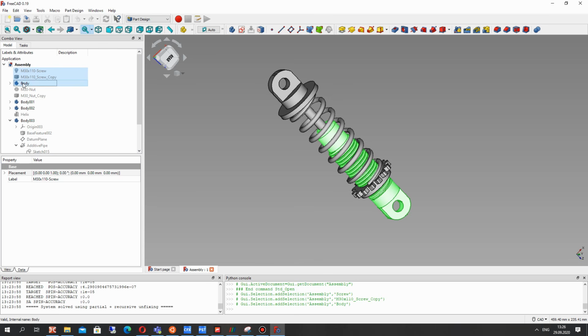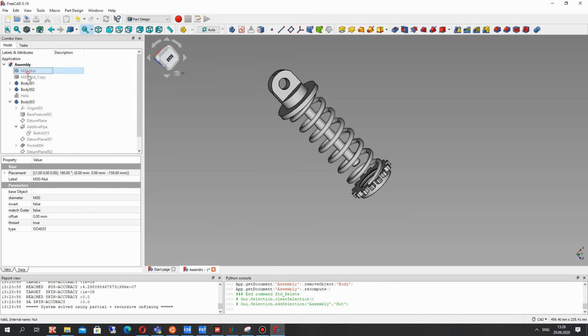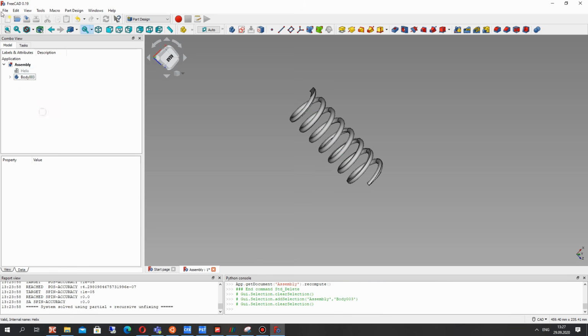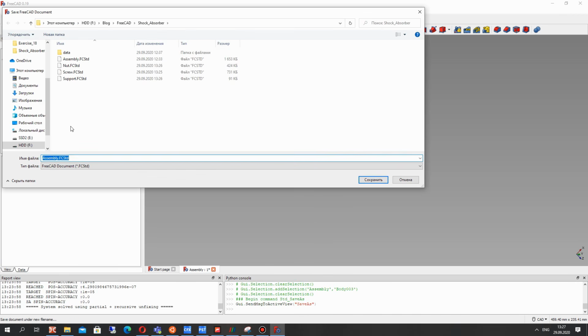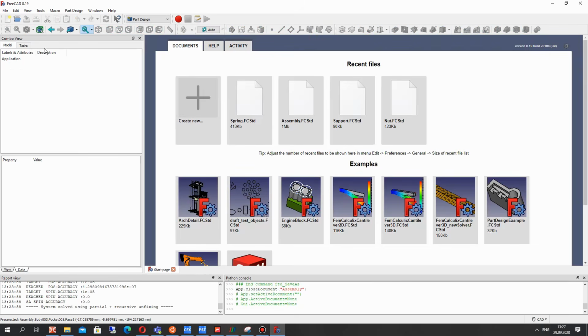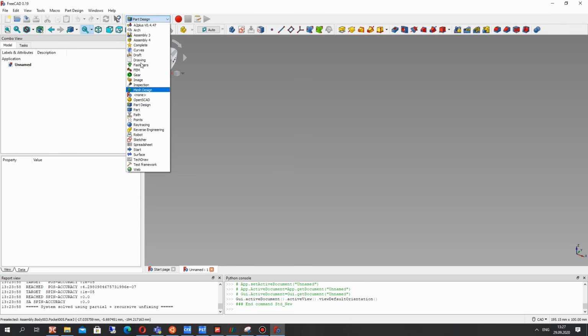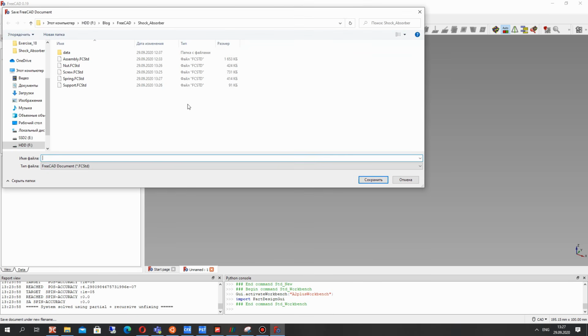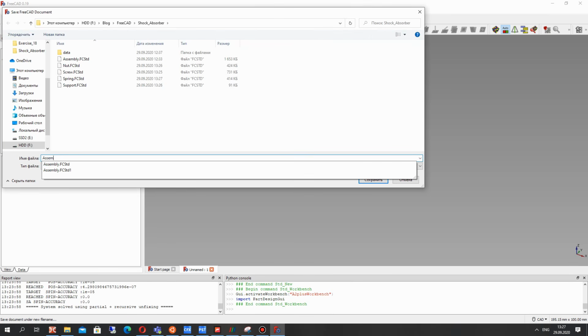Let's delete the nut. And let's save the spring to the file, okay, and save. So now let's close it and let's create a new document and activate the A2Plus Workbench, and let's create the A2Plus file with assembly,